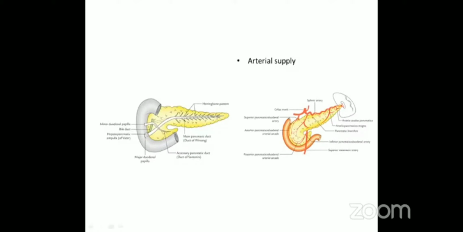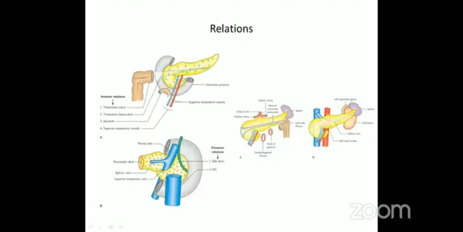Coming to arterial supply, again, some similarity is there with duodenum, that is branches from superior and inferior pancreaticoduodenal arteries. Again, this blood supply is related with the development, and branches from the splenic artery will supply the pancreas. Relations, I'm not going into detail. Already we have discussed crossing of superior mesenteric vessels and formation of portal vein. That is very, very important. As you go towards the spleen, it is related with different structures, the transverse mesocolon, splenic artery and all.